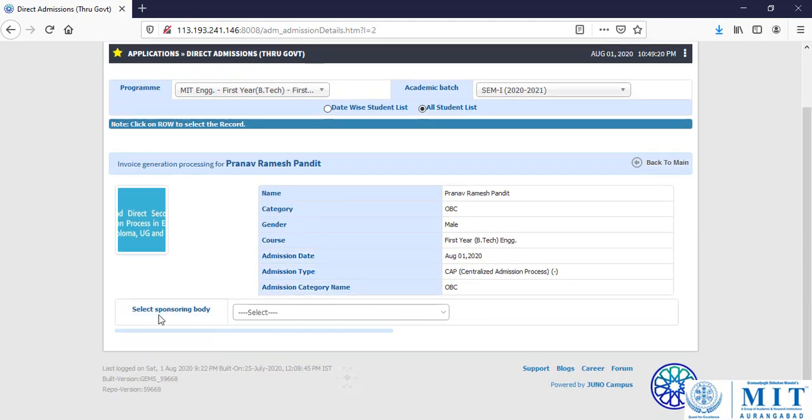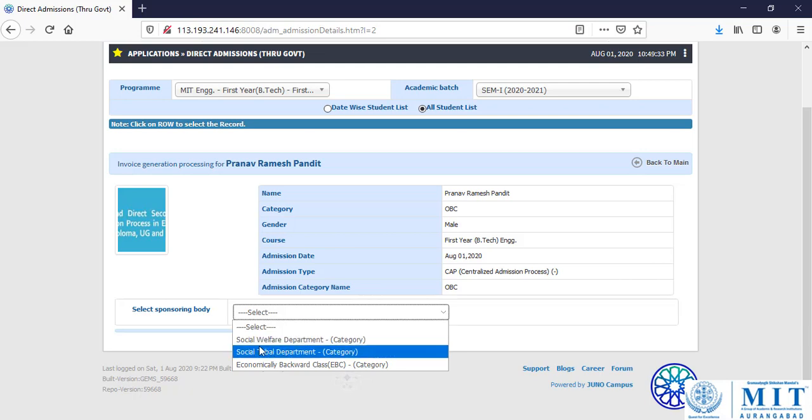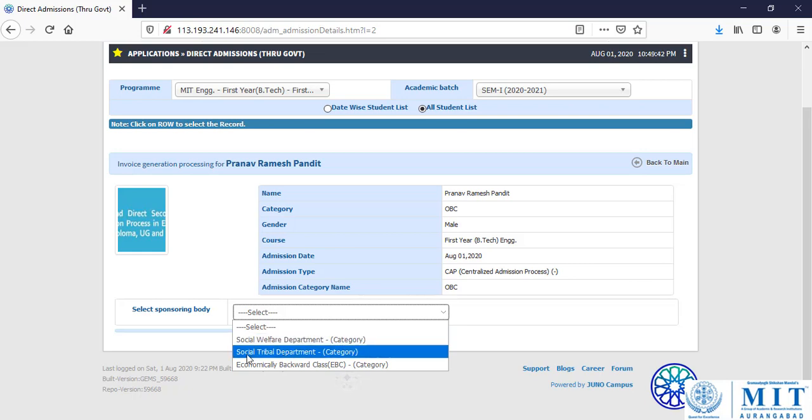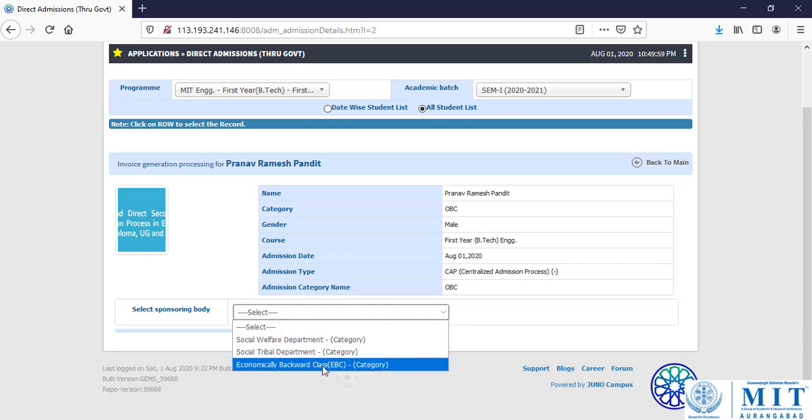Now here again, the select sponsorship body. So it depends on the category of the student. If the student belong to SC category or VJNT or OBC or SBC, then the sponsorship body will be SWD. If the student belongs to a social tribe, ST category, then the sponsorship body will be social tribal department. If the student belongs to EBC category or EWS category, then we are going to select this particular option.